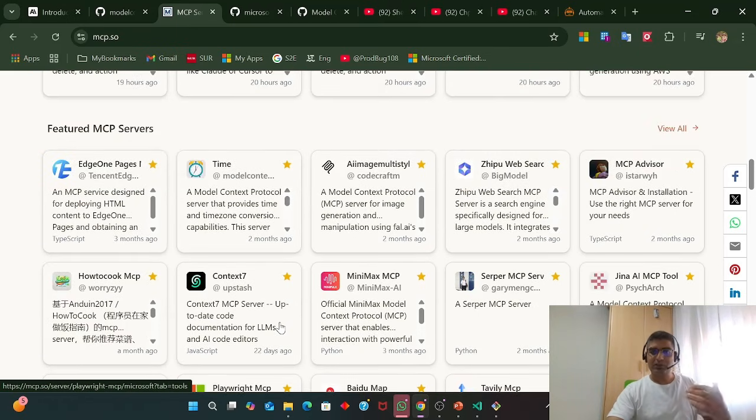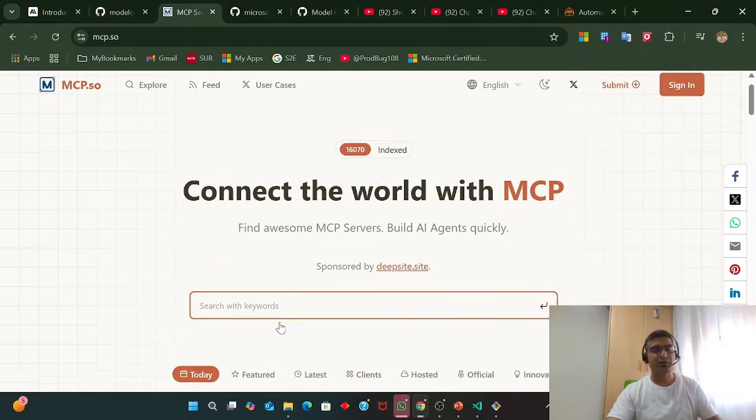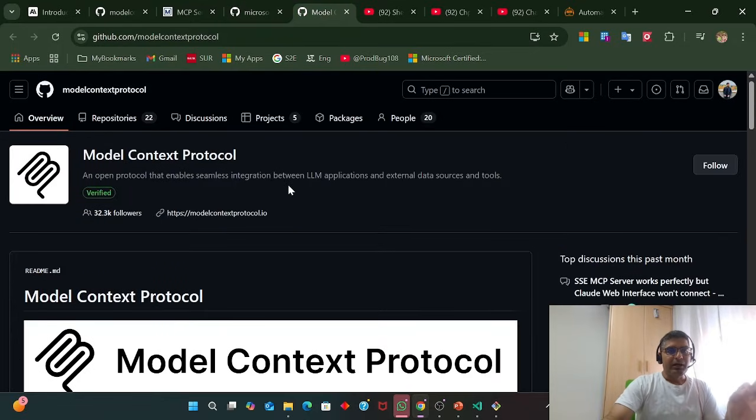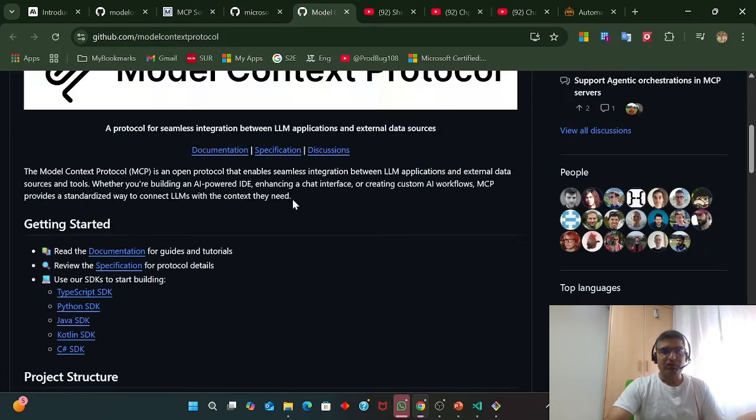Okay, so let's stick to our Playwright MCP because that's why we are here. So this is the Playwright MCP from Microsoft. You know guys, Microsoft is doing a wonderful job nowadays. They have done so in the past as well, but after Satya Nadella took charge, I think Microsoft completely changed into open source and all these things. Playwright was given by Microsoft, and now Playwright MCP too. This is what we are going to use. We don't have to clone anything. This is just for your information. If you want some more information about MCP, you can read it.